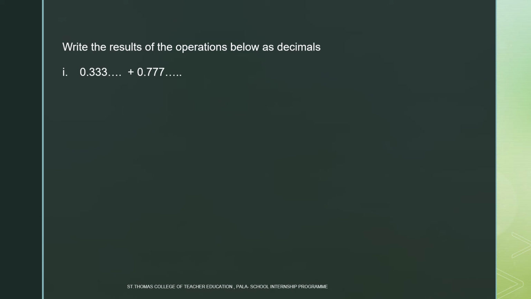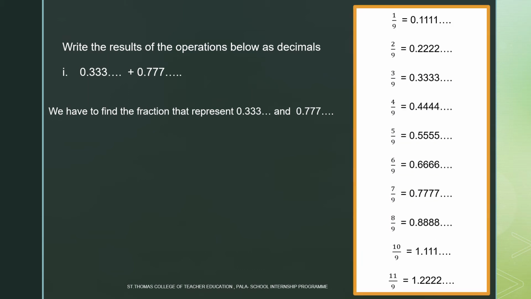We have 0.333 etc. plus 0.777 etc., isn't it? So what is the first step? Yes, finding the fraction corresponding to these two decimals. And this table will help you for that. So by looking at the table, 0.333 corresponds to 3 by 9. 0.777 corresponds to 7 by 9. And so on adding we get 3 by 9 plus 7 by 9 which is equivalent to 10 by 9